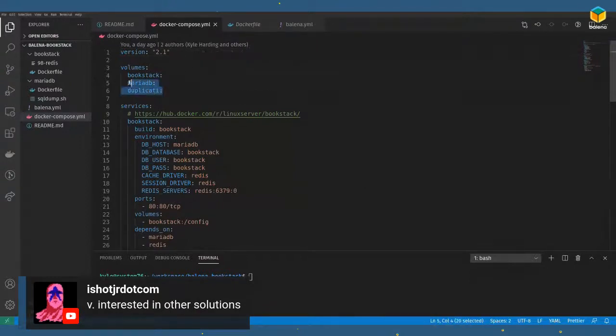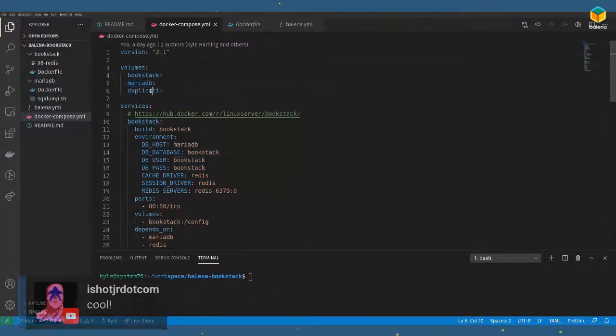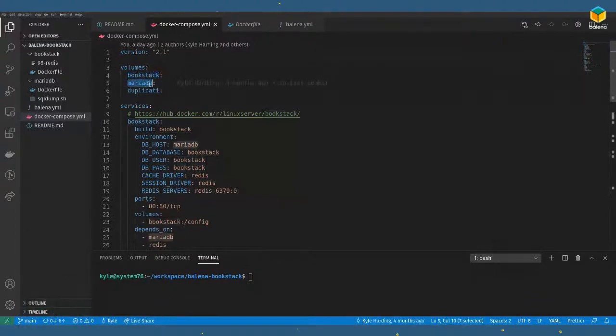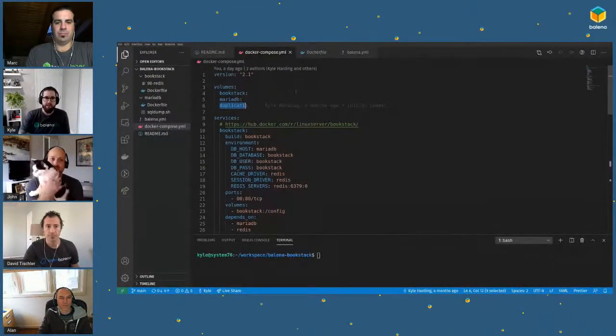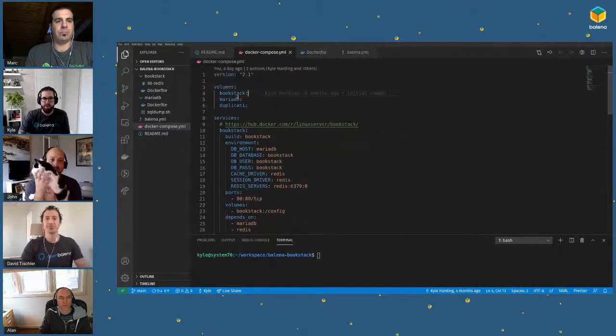So right off the bat, I'm creating 3 volumes for storing our data. These are going to be container volumes, but they're going to be managed entirely by Balena OS. They do not map to anything on the host because the host is typically read-only. We want this data to persist and not be lost on reboots, but it is going to be in a virtual Docker volume that is managed by the supervisor. So I've made one for the bookstack data, one for our database, and this one's a bit more optional, but